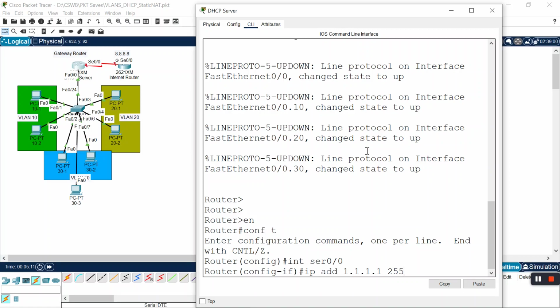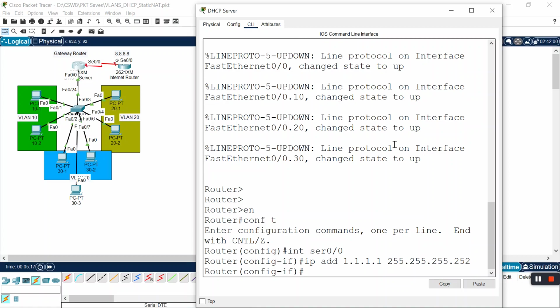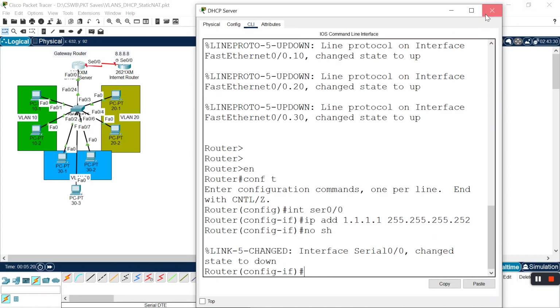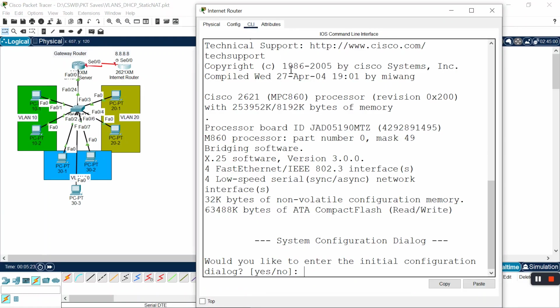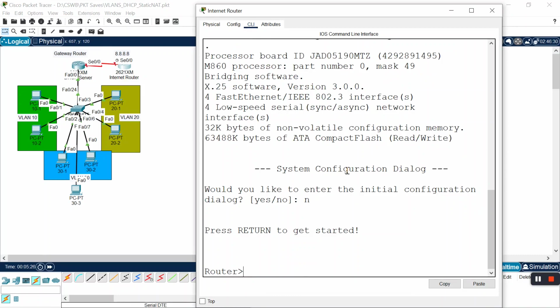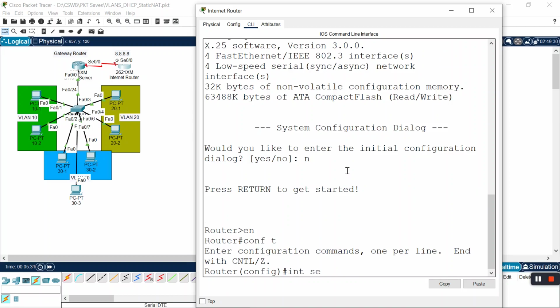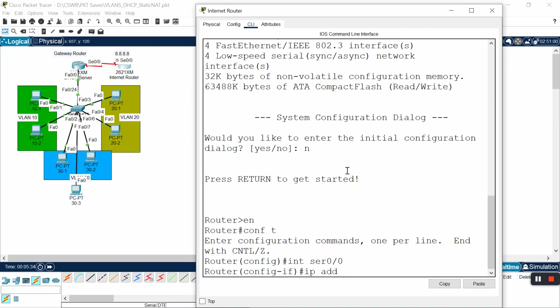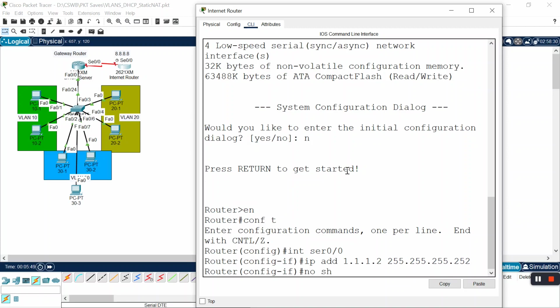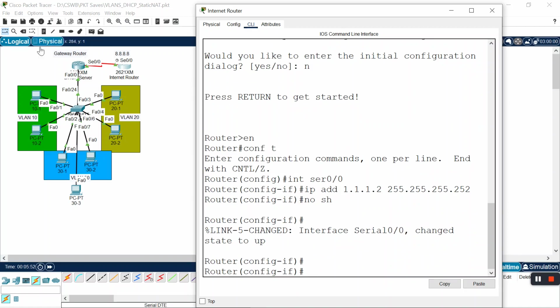I'm just going to use a simple address with the /30 subnet mask, and now no shutdown. In the same way we're going to go into the internet router, go to global configuration, then the serial interface, and then IP address, and it would be the same network ID but a different IP address, 255.255.255.252, and no shutdown. Okay, so this link is up,